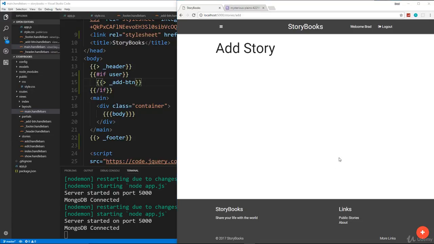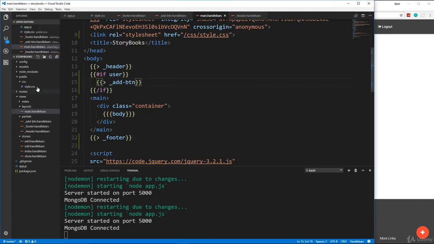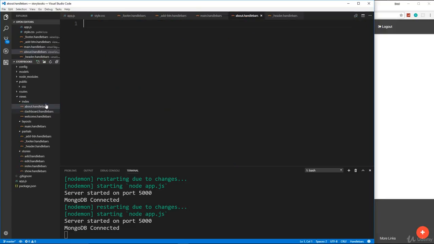All right, now this is going to bother me if I just leave it, this about right here, which goes nowhere. So let's just create a simple about page. We'll put it inside the index, inside views index. We'll say new file about.handlebars. And we'll put an H1, we'll say about, we'll put a paragraph, we'll say, let's do version